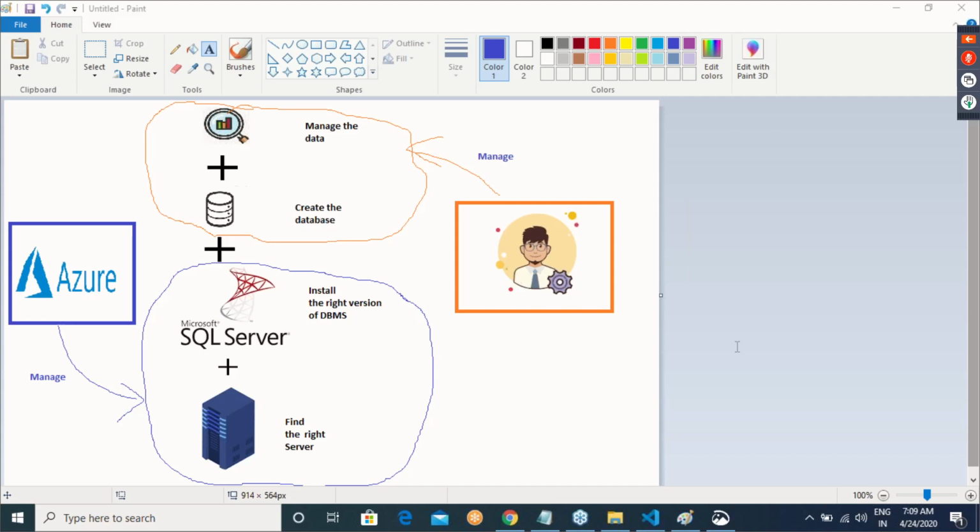So when you say that you are dealing with managed databases, basically what is happening is that Microsoft is doing a lot of the job which we generally do.